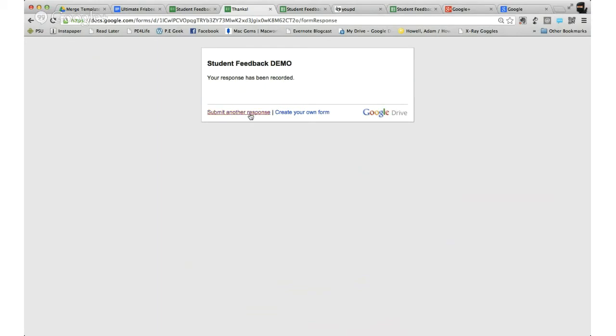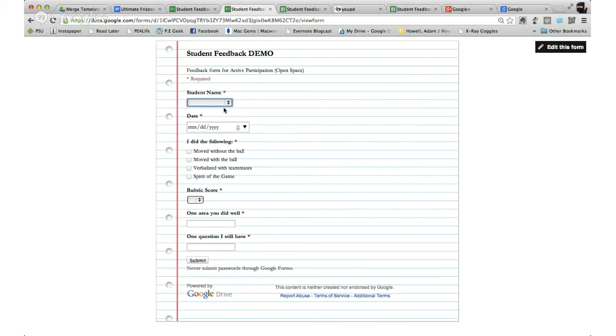Now I'm going to submit another response, because let's say I watch Matt in that same game. I'm going to put Matt in there and add today's date. And he moved without the ball, but he didn't move with the ball, but he did verbalize. So he, again, is working at a level 2. I'm going to give him some area that he did well. Matt. One question I still have is